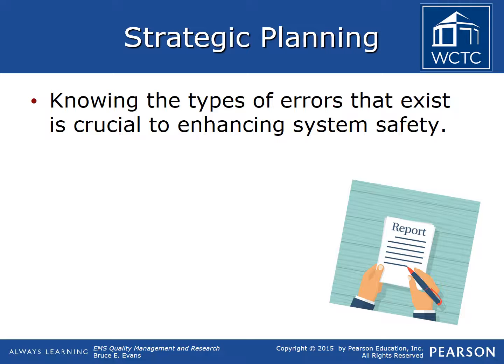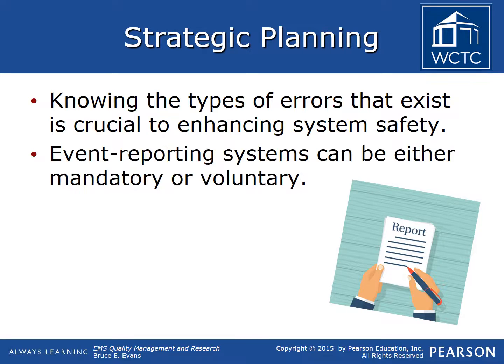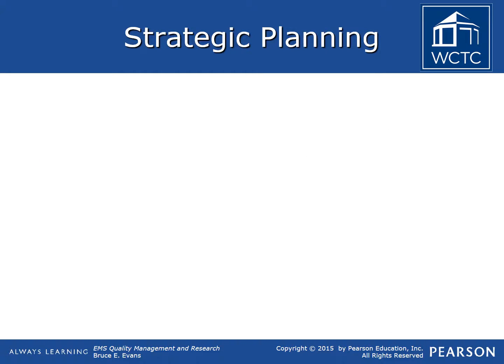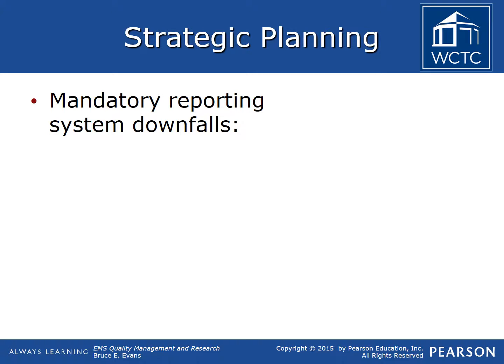Even if an error does not actually occur, the mere existence of circumstances that may have led to an error, save for some type of good fortune, is important to capture, lest the next time the circumstances arise, the agency may not be so lucky as to avoid the potential error. These event reporting systems are routinely classified as either mandatory or voluntary. While it might initially make sense for an employer to mandate the reporting of any recognized quality issues, such mandatory reporting systems can have some downfalls that diminish their effectiveness.